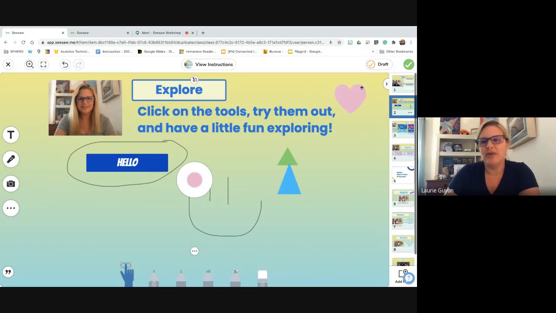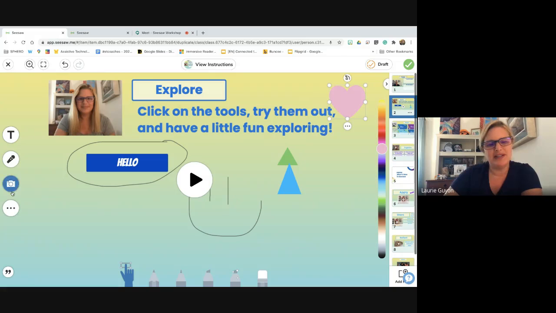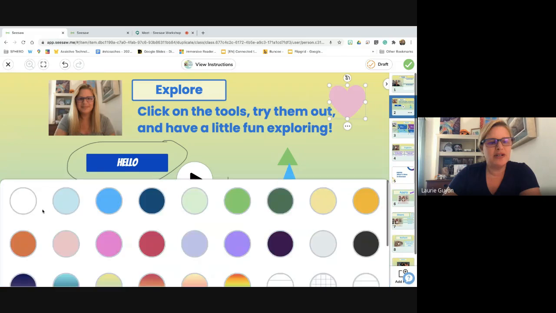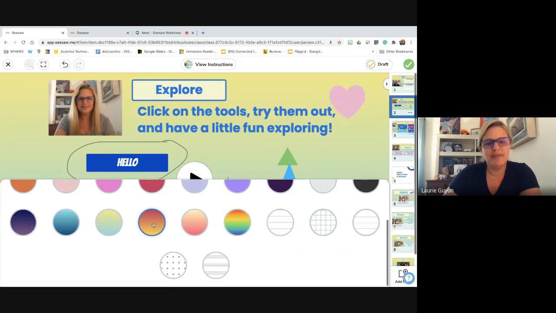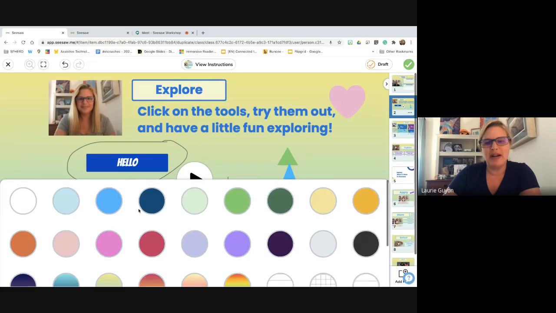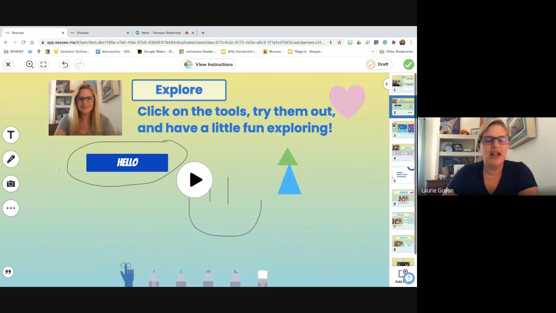As you're going through, you can move them around. You can make them larger, smaller, so kids can really design and create as they're going through and designing your slide. You can also change the background. They give you a whole bunch to choose from, and you can just change whatever background you want. Because this is an activity, it's not really going to let you change the background too much here. But if this was one that you started the kids blank one, you can go ahead and